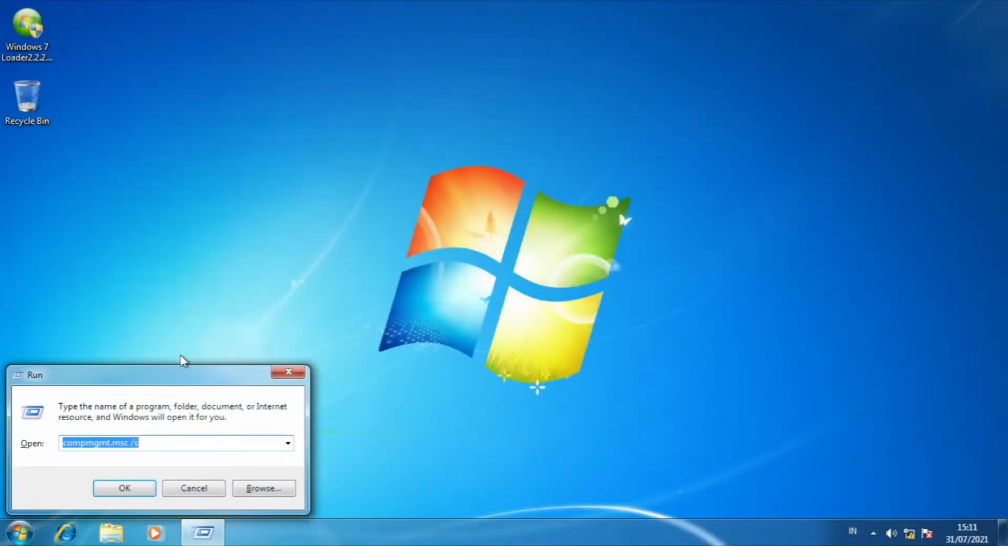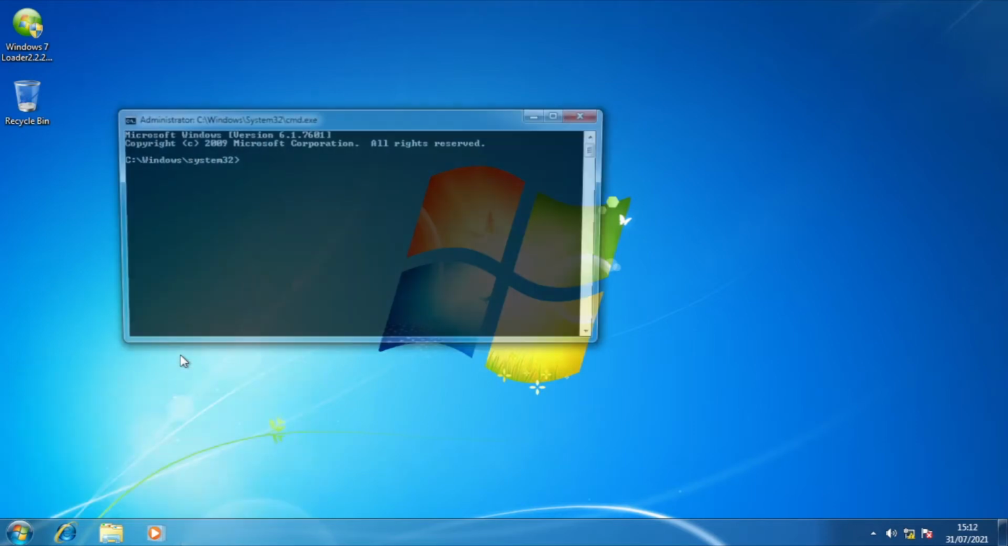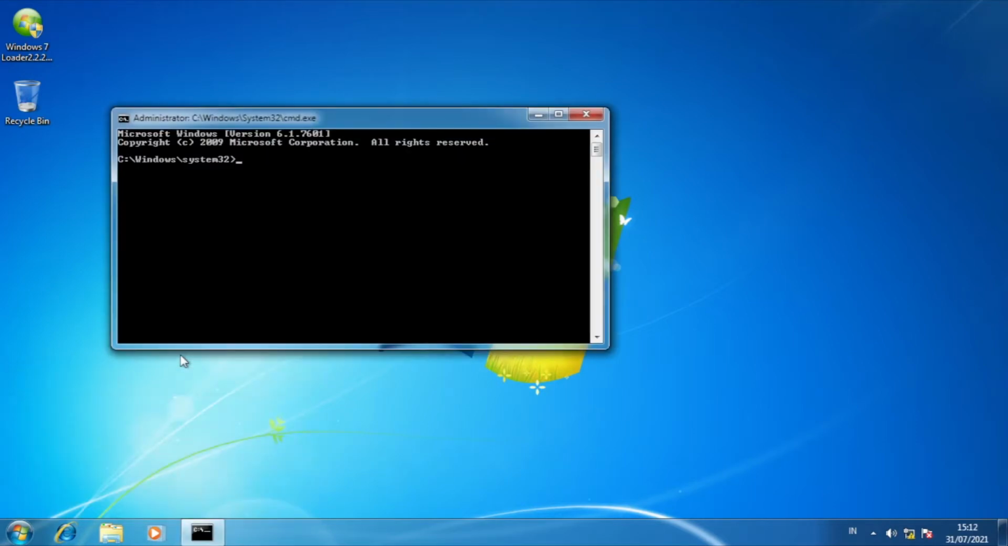First of all, press Windows key and R, and type CMD and press enter. In this case, you have to run Command Prompt as an administrator. Okay, if you have done that, type